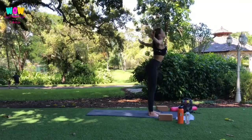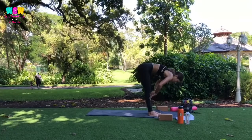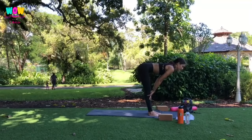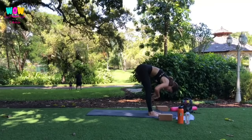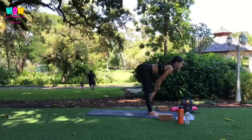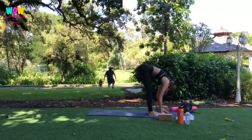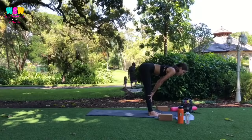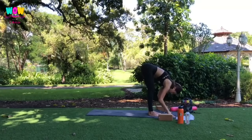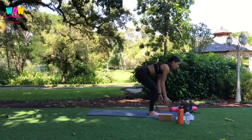Exhale, swan dive, lead with your chest, come all the way down. Inhale, lift halfway, lengthen the spine. Exhale, fold. Inhale, lift halfway, lengthen the spine. Exhale, fold. One more, inhale, lift halfway, lengthen. Exhale, fold. Bring your feet to touch, your knees to touch, your thighs to touch, and bring your arms up